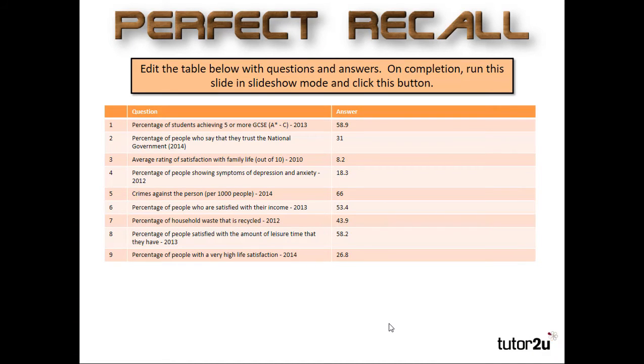Okay, last thing to show you then. This is slide 4 of the resource, and here is the table that you can edit so that the questions are as you want them to be. So filling in your question in this column here and then the answers for them in this column here. Once you've done that, if you click on this button at the top, it'll randomly place them amongst the Perfect